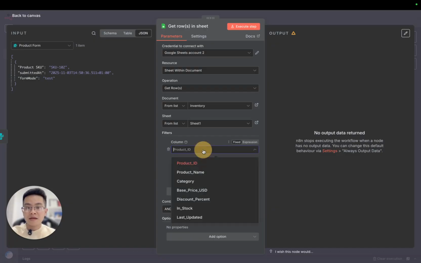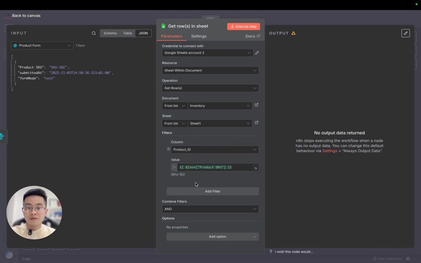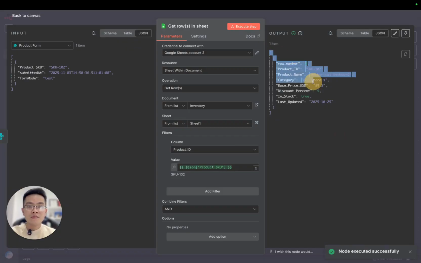So it can be any column, right? For example, you could match with a name, so you can use it differently, but in this case I'm gonna use product ID. Okay, and then I execute the step again, right? So yeah, you can see that now we get exactly the product with all the information we need, right? And in this case we can use this for the next step. For example, using it to send an email to the client, maybe using it to put into the compare form, something like that. So yeah, it depends on your workflow, but I'm just gonna show you the basic operations so that you can fly your idea with different scenarios.